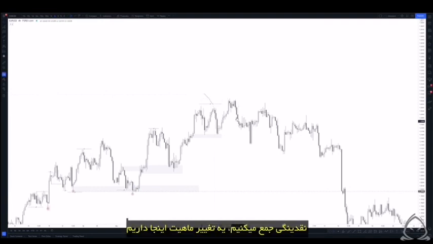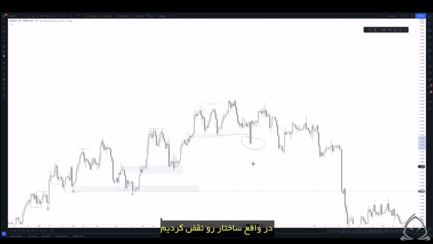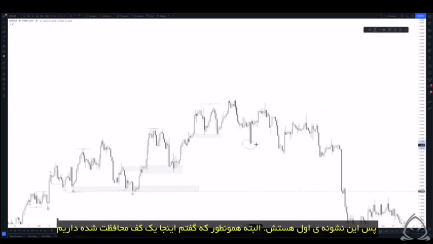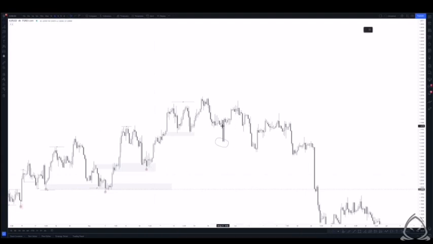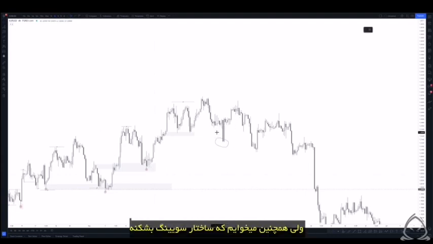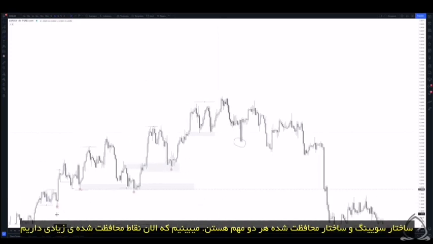We take liquidity. You can see that we have a little bit more of a change of character right here. But ultimately, what do we end up seeing? Price breaks to the downside. We've actually violated structure. So this is a first indication. Of course, like I said, that we have a protected low here. So what we want to see is that protected low being broken, but we also want to just see swing structure. The emphasis is on swing structure and protected structure, because right now we have a lot of protected points,